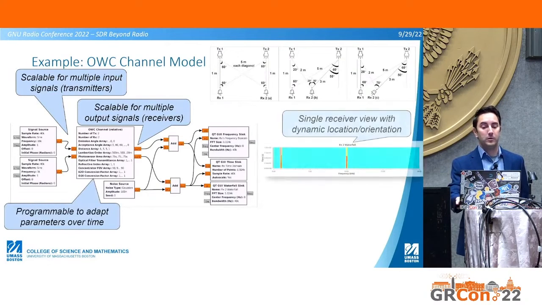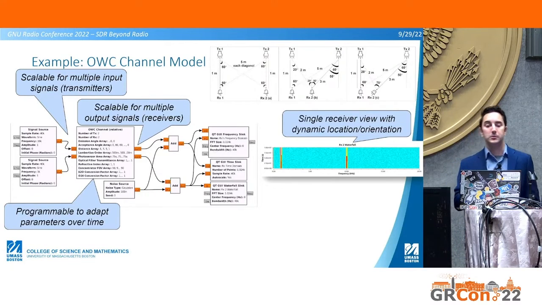We can adapt the parameters over time. So this is an example of running through this case, just a single sinusoid, low frequency, but you can update too. So two different sinusoids, one from each transmitter. If we kind of see what's happening here for our receiver, this is RX2 as it moves from directly below transmitter 2, where this 1 kilohertz signal is very strong. If we move in the second middle block here, we've moved over, and now the TX1 10 kilohertz signal is stronger, but then if we rotate it, we can see that we're actually still getting a decent signal from TX2,